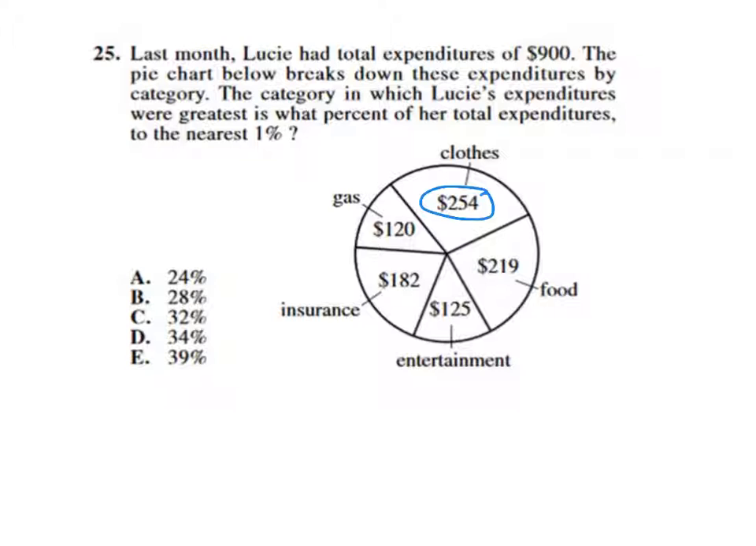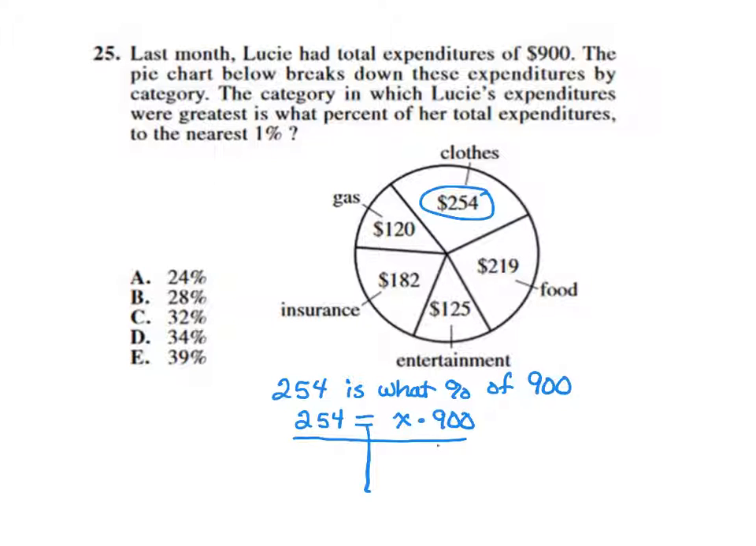So I'm going to write a little math sentence that says $254 is what percent of the total amount of 900. And if I change this to math symbols, I'll be writing 254. In math, the word is means to put equal. What percent, I'm going to write that as x. Of in math means to multiply, and then I write the 900. So I'm going to treat this as if it's an equation. I'll solve for x. So I'm going to divide by 900 on both sides,